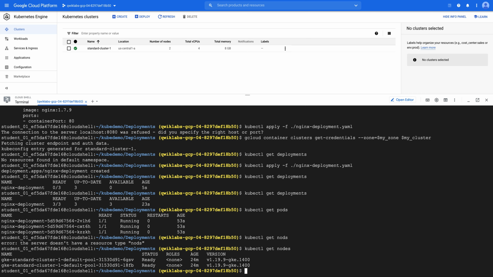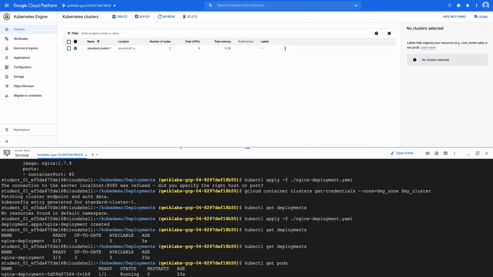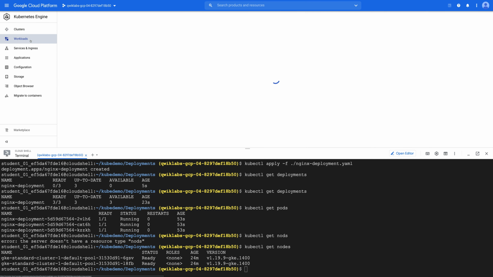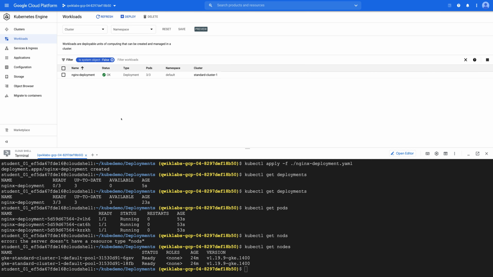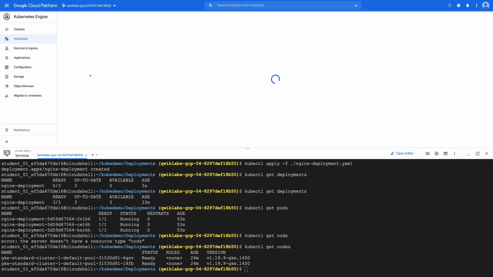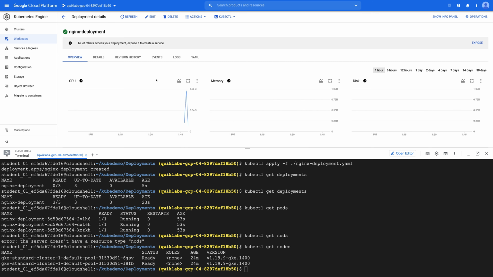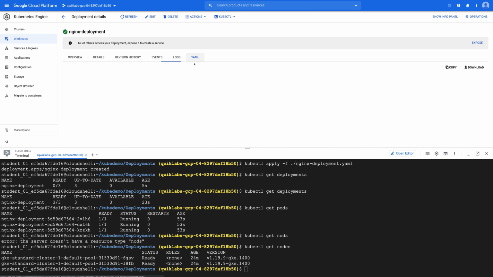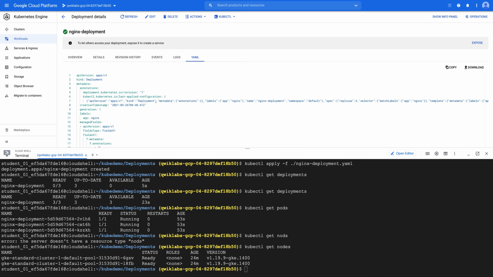We can now go to our workloads and see the same information which we were seeing from kubectl. If I go into the Nginx deployment, from here you will be able to see all the history and information, and you can see the YAML file which we applied.